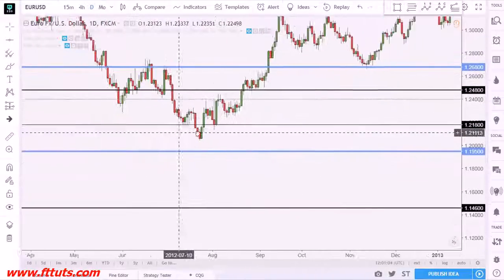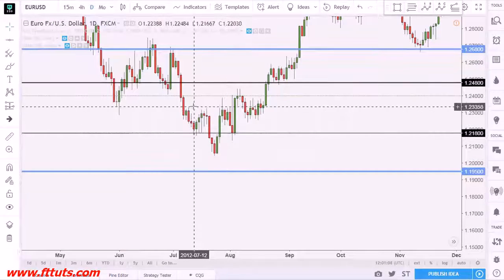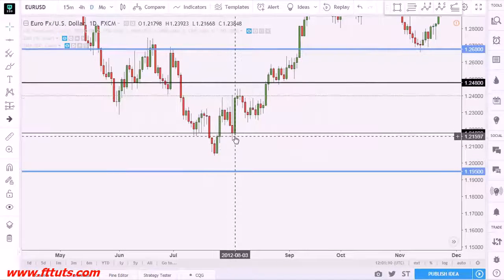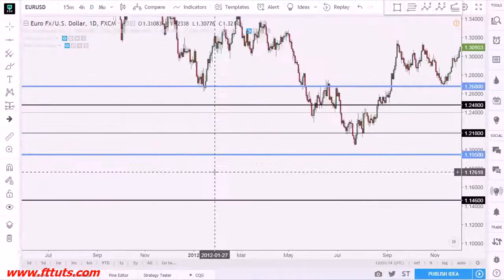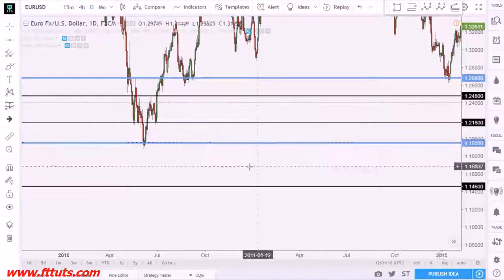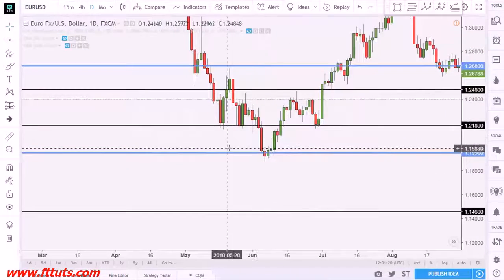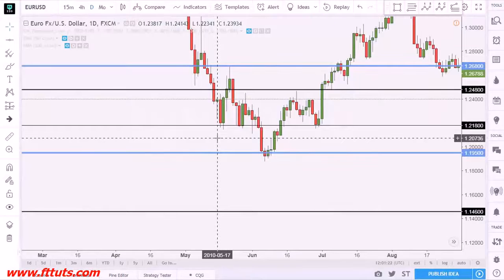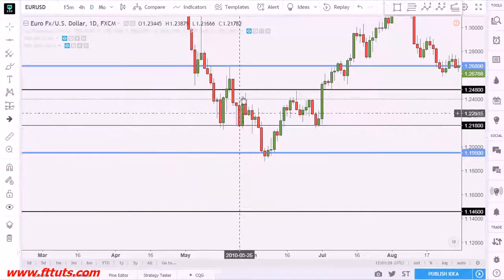We can see some action right here. Price did respect it here, broke it, came back, then did test it, and then came back up again. So this is what I was talking about when I told you these levels are accurate. As you can see, price did bounce one time, second time, but when it broke it, it went to our